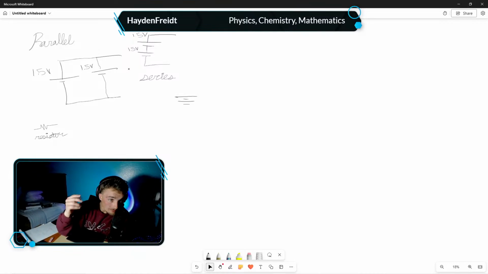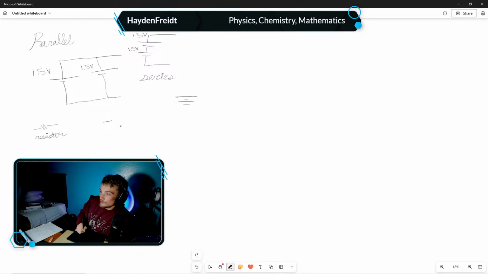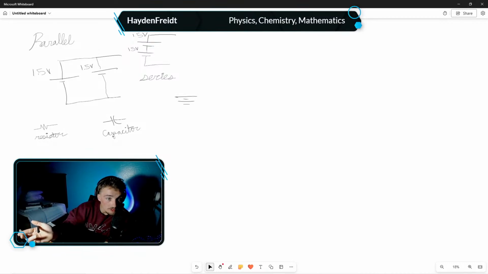If you have a capacitor, which looks like this, we'll do a polar capacitor, which means it does have a positive and negative side respectively. This is the symbol for a capacitor. If you have a capacitor like this, it acts differently than the resistor and the batteries. If you have capacitors in parallel, it manipulates the voltage. If you have capacitors in series,